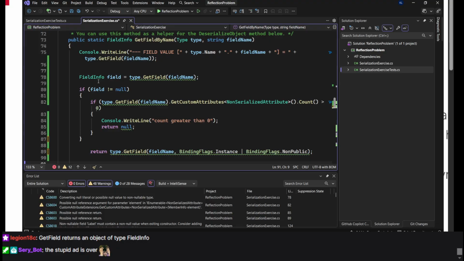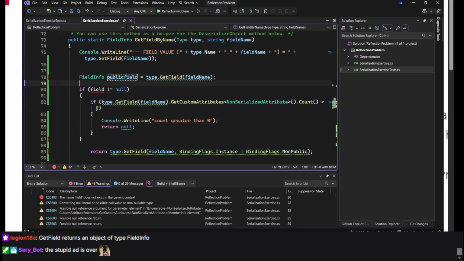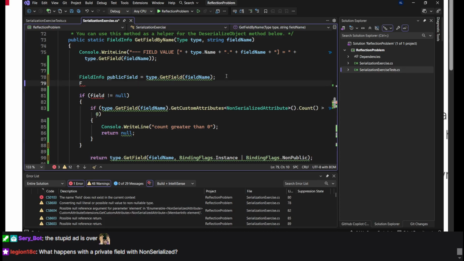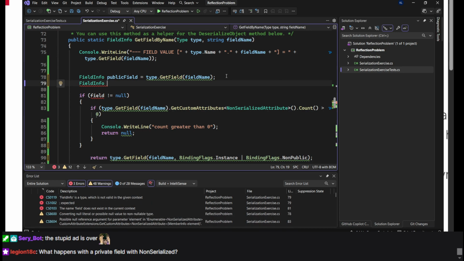Oh, which means I could also call this public field, maybe, and then make one for private. Legion18C says, what happens with a private field with non-serialized. Oh,